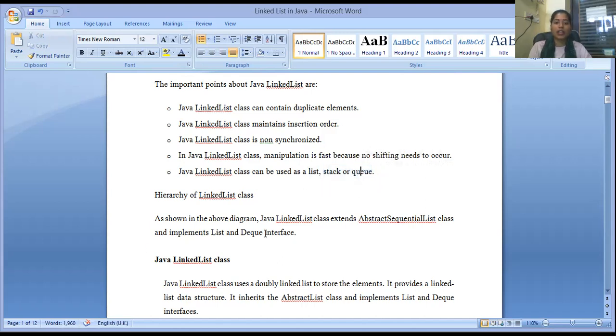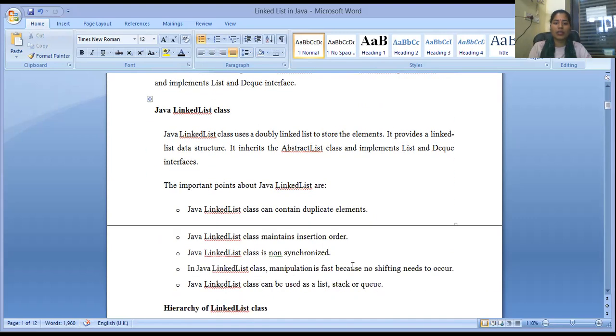Okay, so what will be the hierarchy of the linked list?